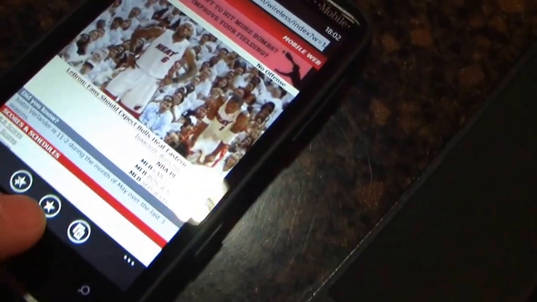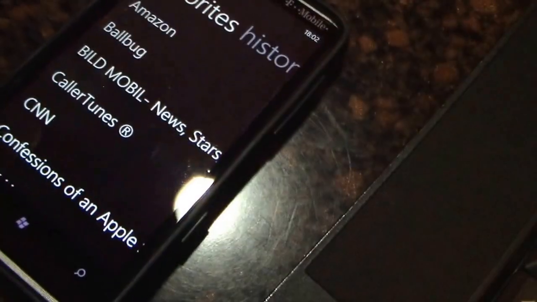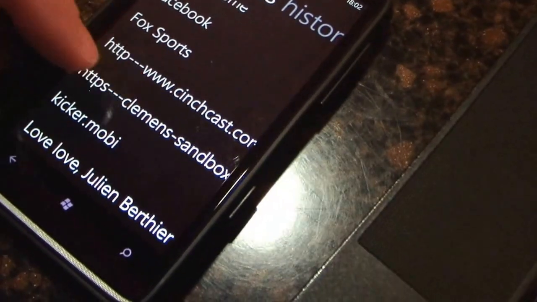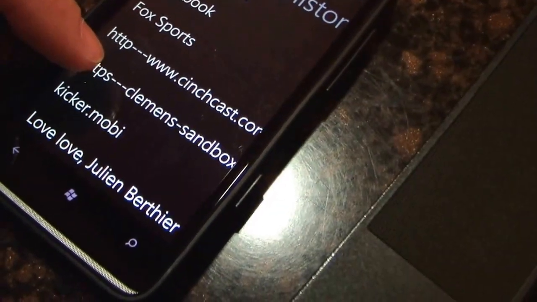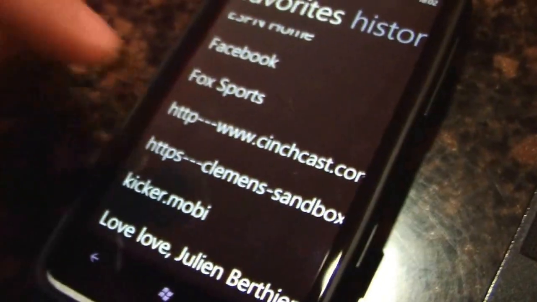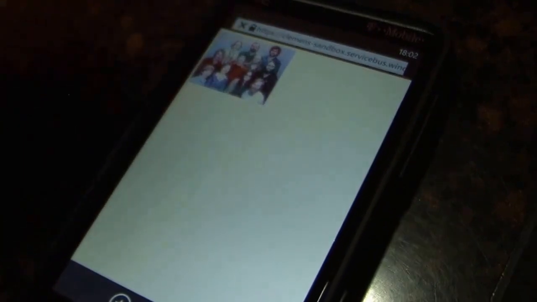It's glaring a little bit. I'm going to go into my favorites because it's a little hard to type, and I'm going to go HTTPS Clemens Sandbox .servicebus.windows.net. That's exactly the address that we had. All right, and that went a little bit quick. That was actually cached, so let's go and reload this,